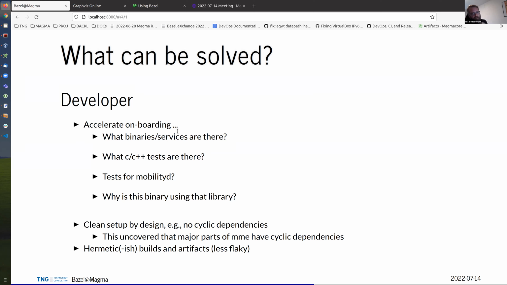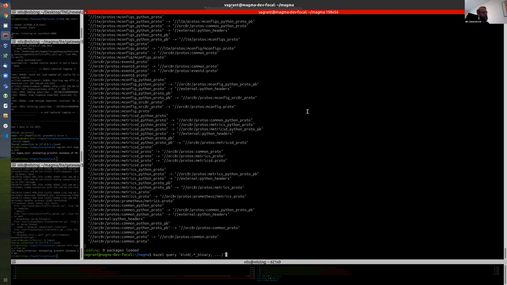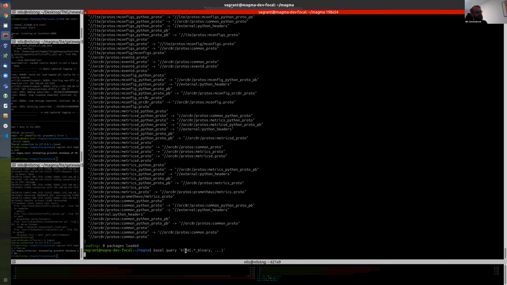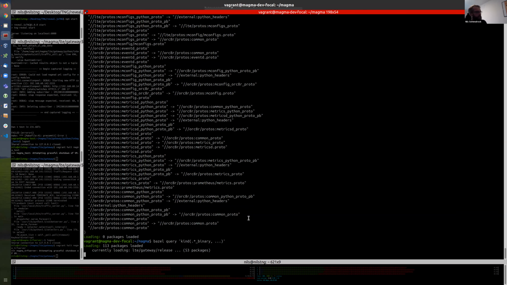A lot of questions I asked myself at the beginning were, what binaries and services are there actually? For this, we can use the query language again. So I ask here, Bazel query, give me all targets of the kind regular expression .*_binary. So it will list me all targets that are binaries.